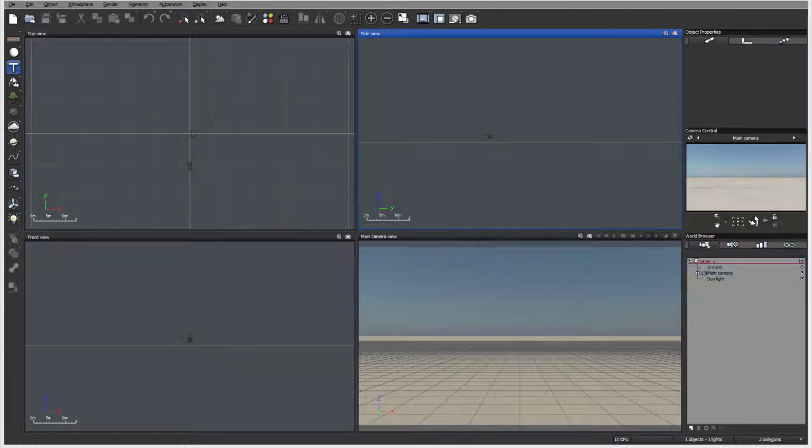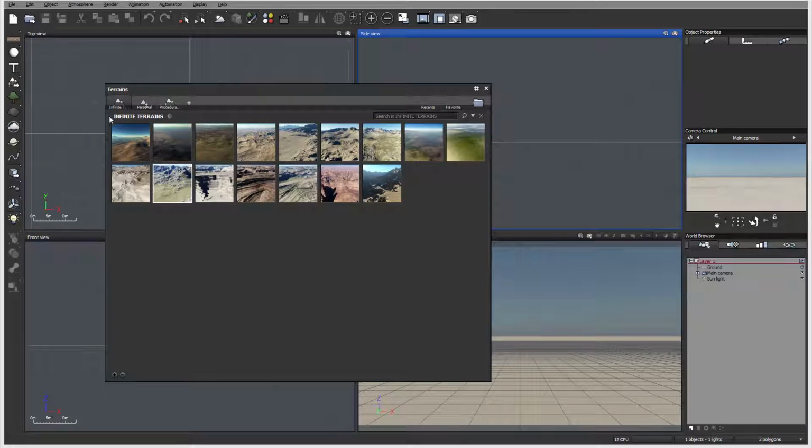So when you're going on the left navigation bar, this toolbar, when we click, you notice we have standard, we have procedurals, and we have loaded procedurals. But also when you have the options to load, it comes up with the presets of the infinity terrain. And what infinity terrain does is replace your ground plane, and it creates these mountains and all this infinity to